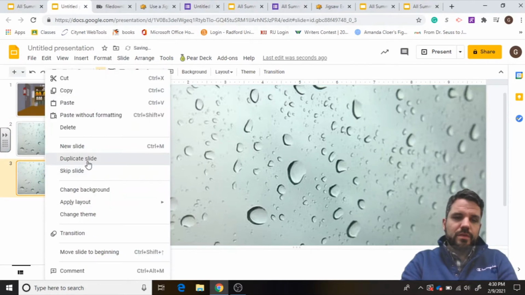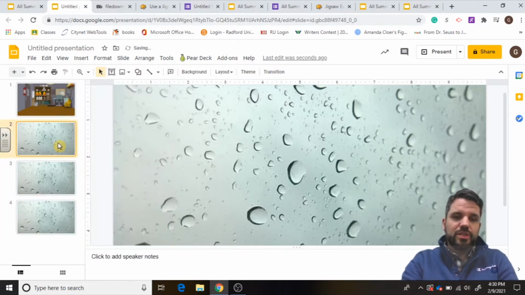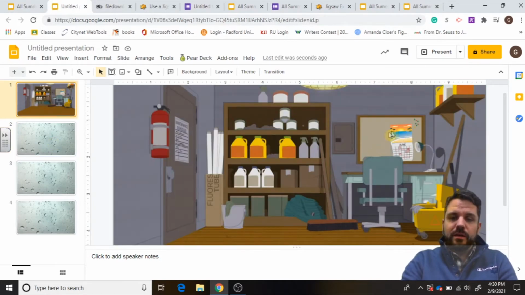Just build your clues. I'm only going to put a few clues in this just to show you how to do it. So the next thing you need is linking your slides to your escape room so that your students are able to access their clues. What I like to do is make this clickable. How you do that